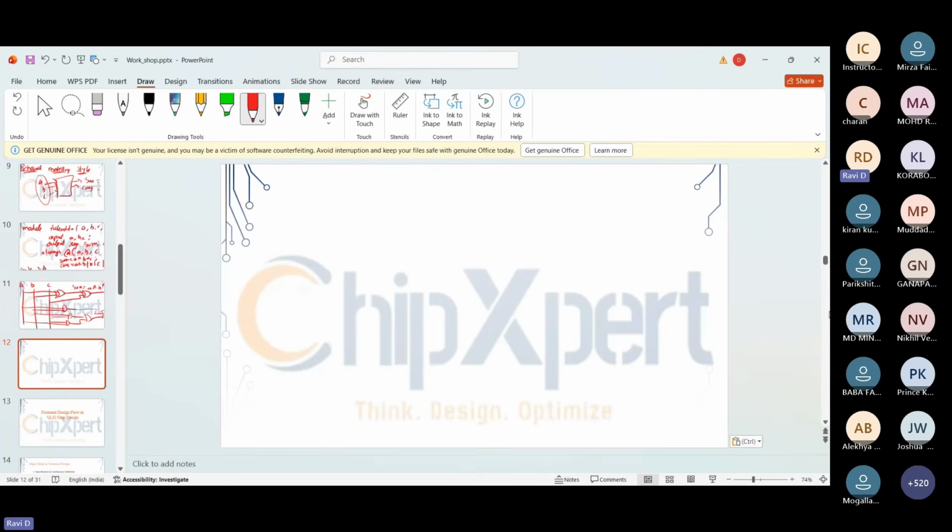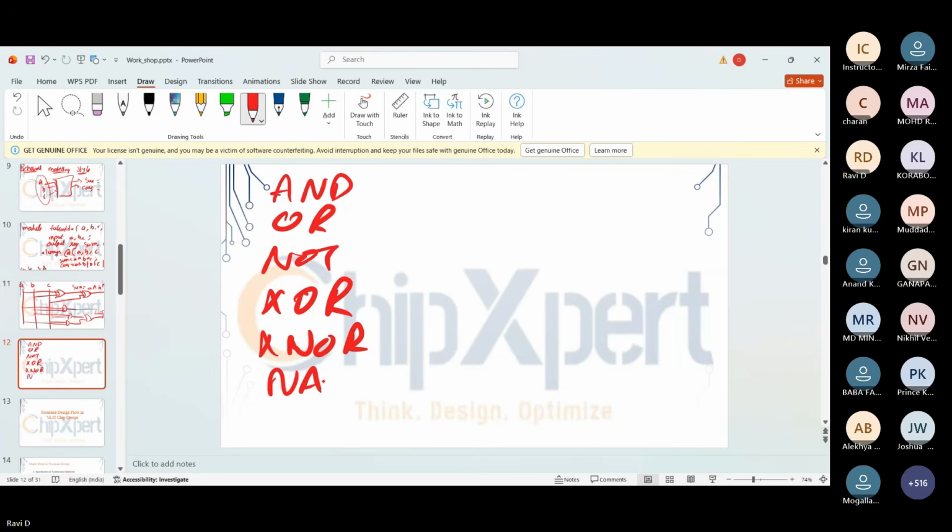In Verilog, we have some predefined primitives like gates: AND gate, OR gate, NOT gate, XOR gate, XNOR gate, NAND gate, or NOR gate. These are the predefined primitives, so their operation is already predefined in our language.